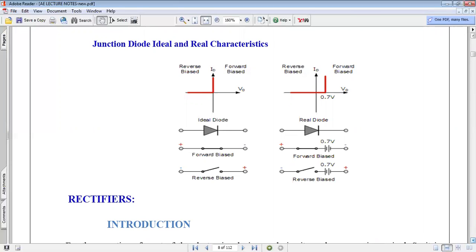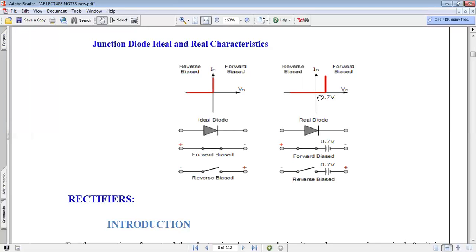In case of a reverse bias, the resistance is infinity. It shows that at very high voltage or infinite voltage the current is 0. So this is the ideal VI characteristic of PN junction, which is shown by the red lines in the graph. And this is the ideal diode PN junction symbol, and in ideal case in forward bias the switch is behaving as a short circuit. Simply wires are connected, it is shown by a short circuit, and in reverse bias it is shown as an open circuit. This is the ideal condition, ideal scenario.